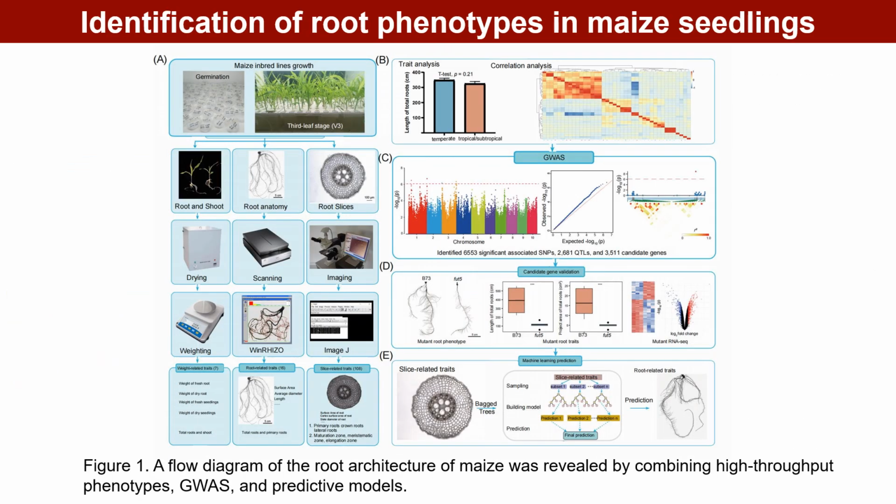To investigate how maize root system architecture aids in dealing with drought and nutrient uptake, we cultivated 316 maize inbred lines to the 3-leaf stage, analyzed 16 root morphological, 7 weight-related, and 108 microscopic traits via WinRhizo and cross-sectional analysis, and performed correlation and GWAS to find connections for genetic improvement.